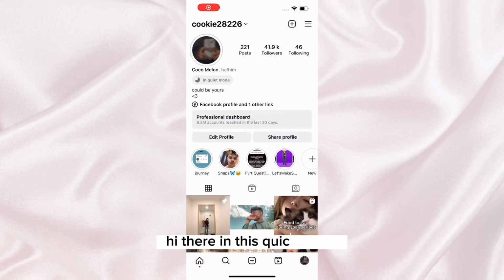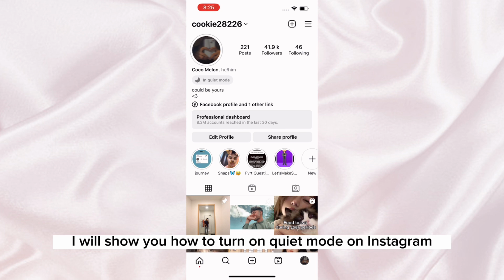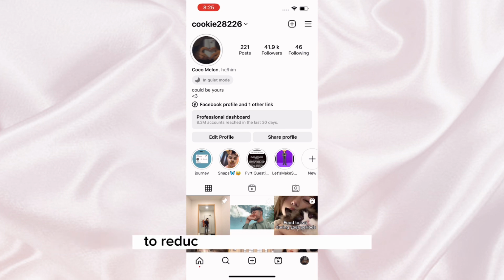Hi there, in this quick guide, I will show you how to turn on quiet mode on Instagram to reduce distractions. So go back